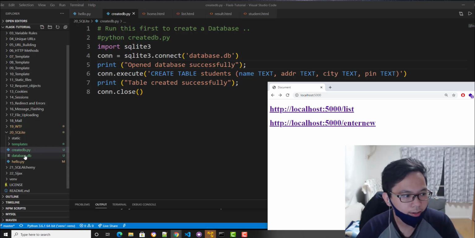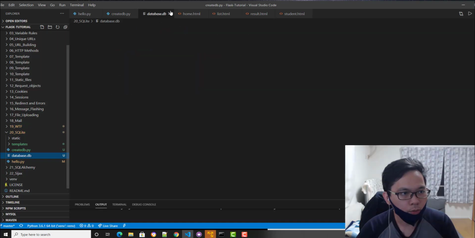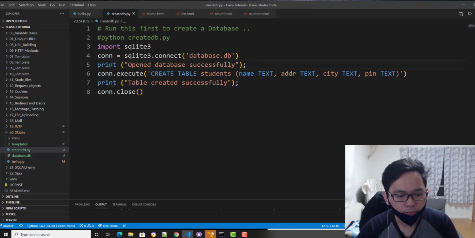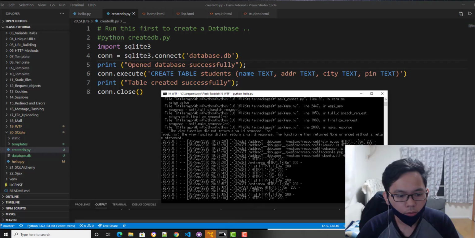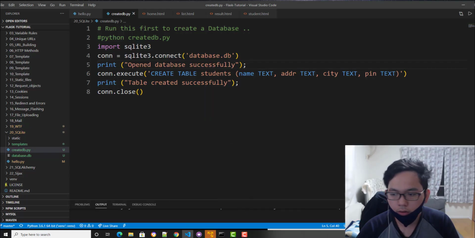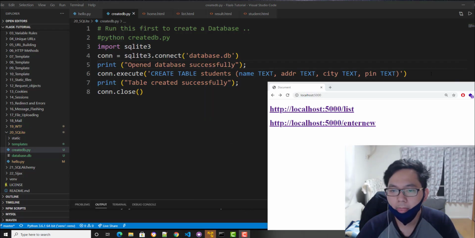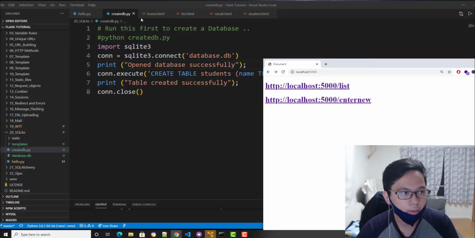You're going to run the database first, create a db.py, to create our database. Of course you cannot see that. Yeah, so let's talk a little bit.